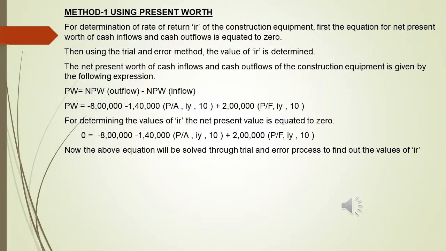Now you have to calculate your IR. Okay, for different trials, you have to use different values of rate of interest. You can assume any values. Okay, so I will do trials 1, 2, 3, and I will equate. I have to do interpolation. So when I get a negative and a positive value, I am going to interpolate those values and find the value of I. Okay, let's see.